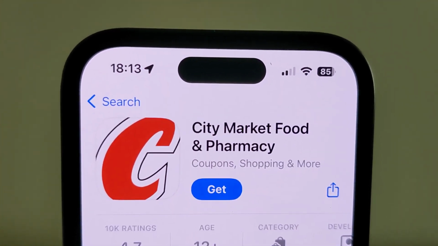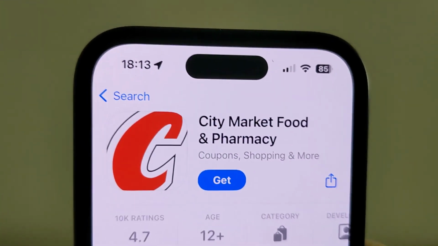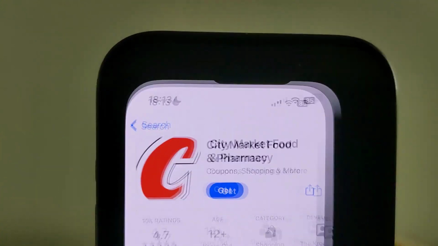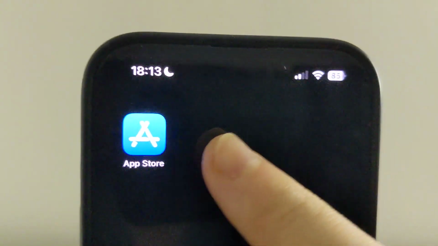Welcome back, guys. In this video I'm going to show you how to find and install an app called City Market Food and Pharmacy. So first things first, open App Store, just click on that blue icon right here on your